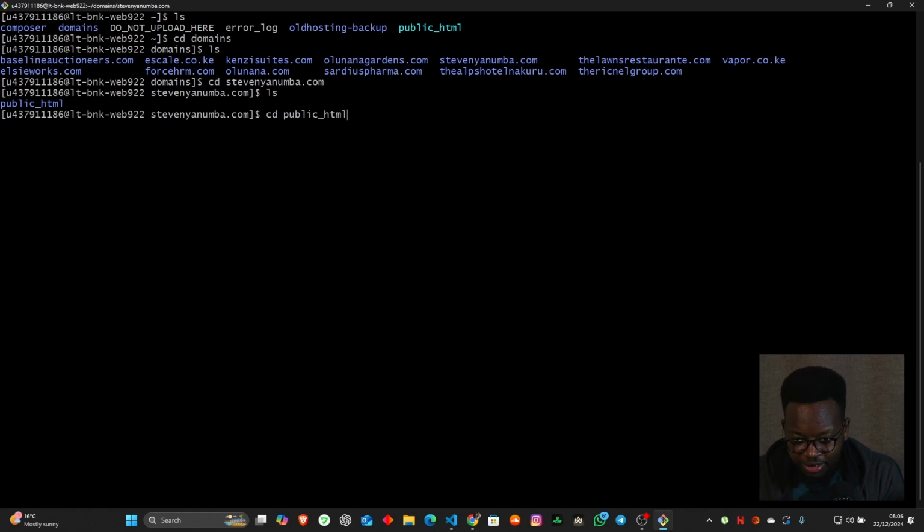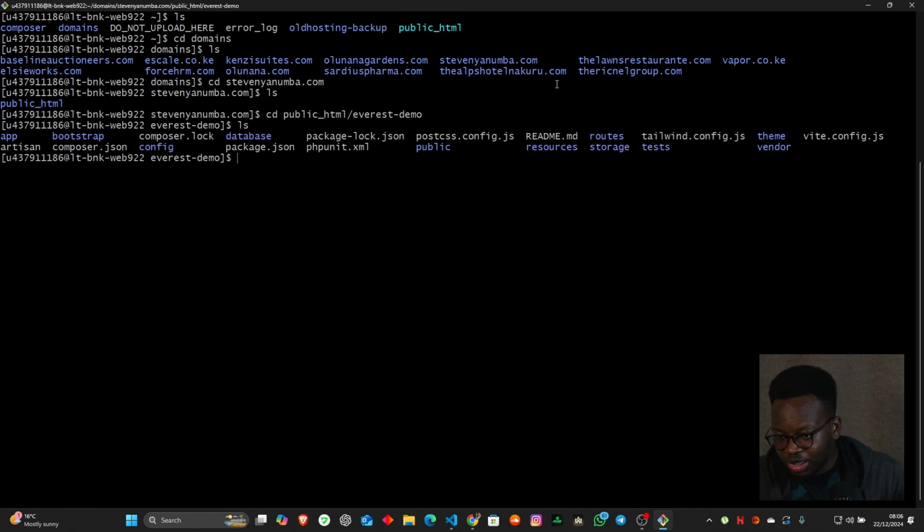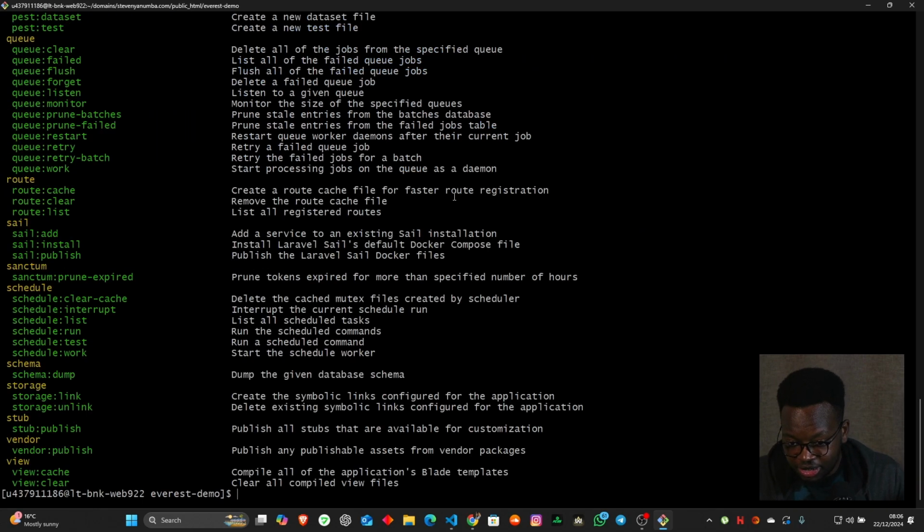After public HTML, there's Everest-demo. So I just know that the item is there. If I do ls again, you can see the app structure of our Laravel project right there. So I'm just going to do PHP artisan just to test it, and you can see it works right there. So what I'm going to do here is PHP artisan key